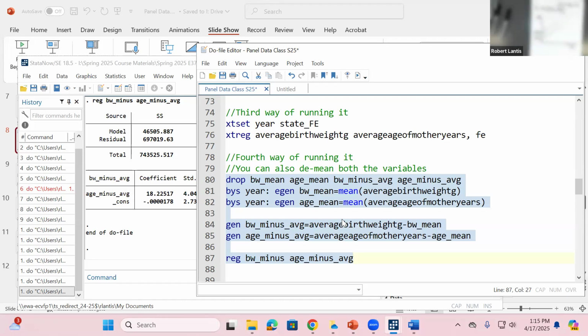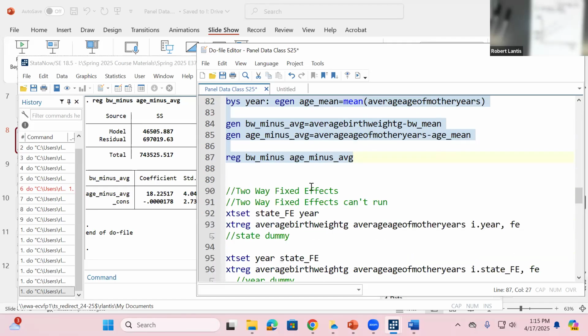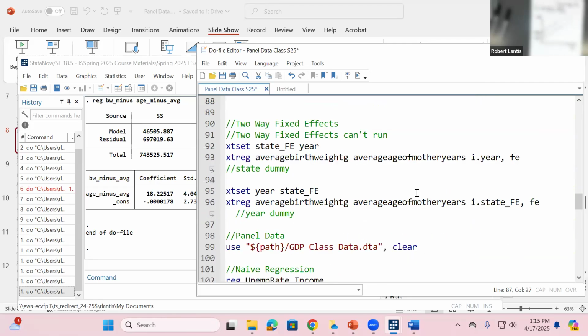Well, what do you think in practice? Do you think that there are things that probably are constant across states within the same time period? Are there things that are constant in a state across time periods? There's probably both, right? 2006 economic conditions are very different than 2007 and 2008, but there are also very different demographics of Utah versus New York versus Texas. So we can actually do something called two-way fixed effects, right? The way that I'll show you how to do these for the sake of this class,